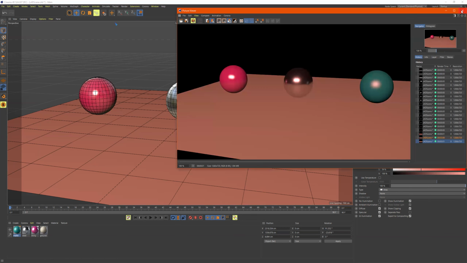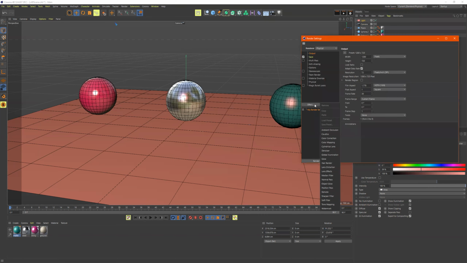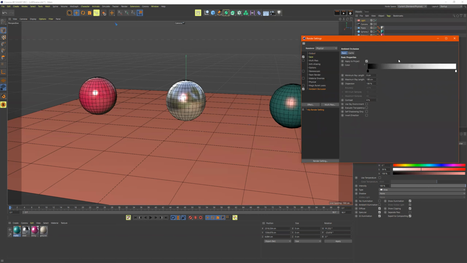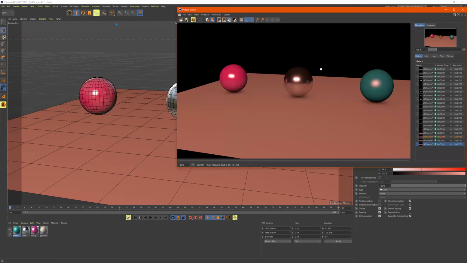Physical, we see what this render is. Now what we want to do is add some ambient occlusion. Let's see what ambient occlusion does. Press it. Now we're seeing that there's some shadowing under here. Now what ambient occlusion is